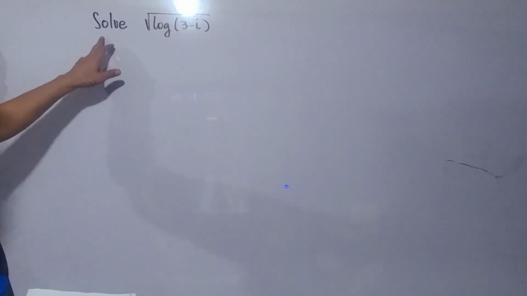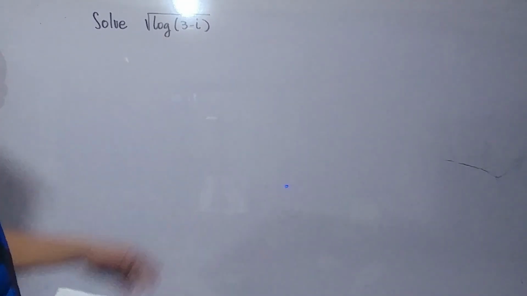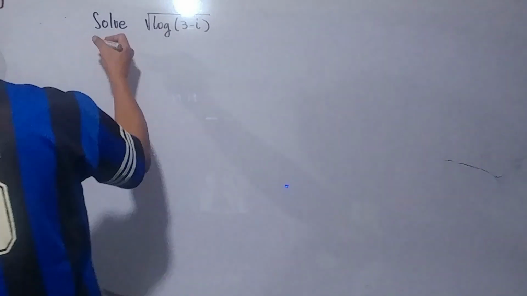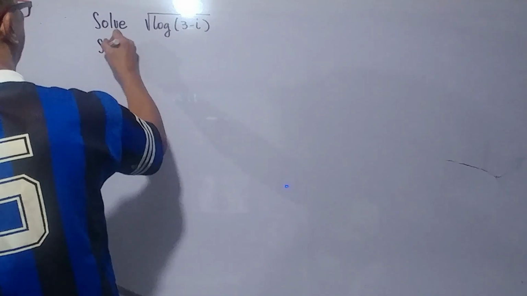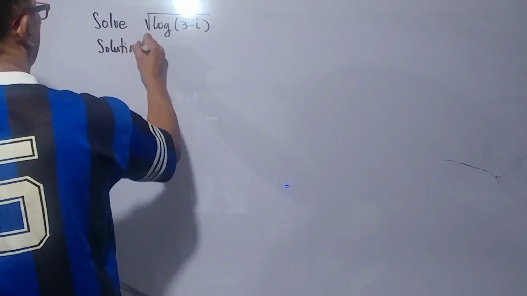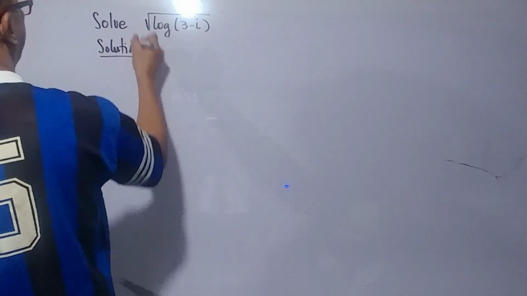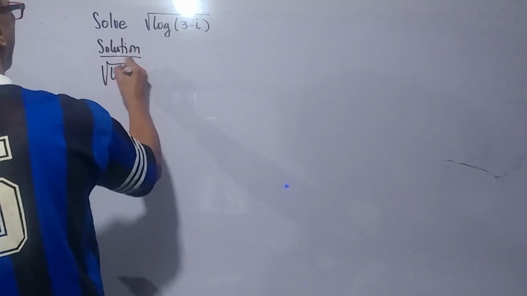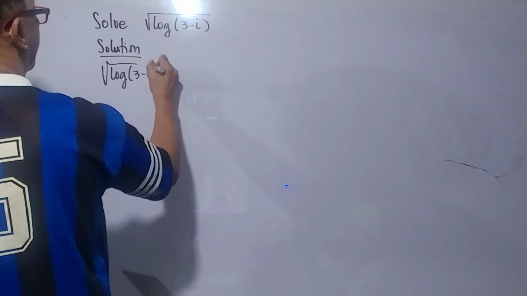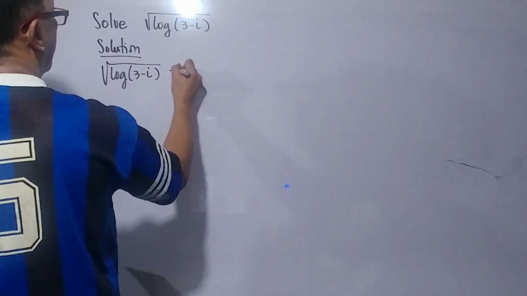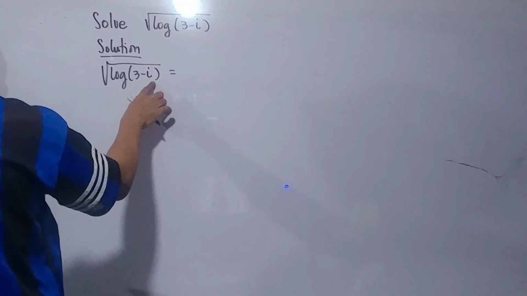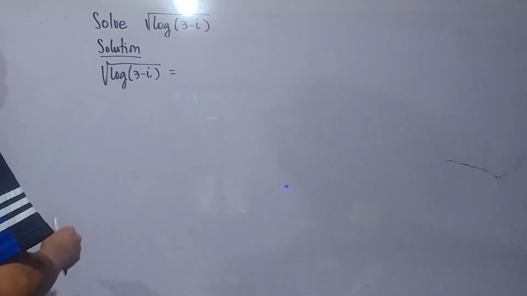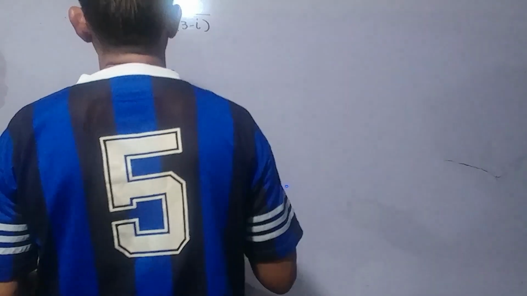So we will solve the square root of logarithm of 3 minus i. To solve it, so we have the square root of logarithm of 3 minus i. First, you have to convert this to polar form. So we have